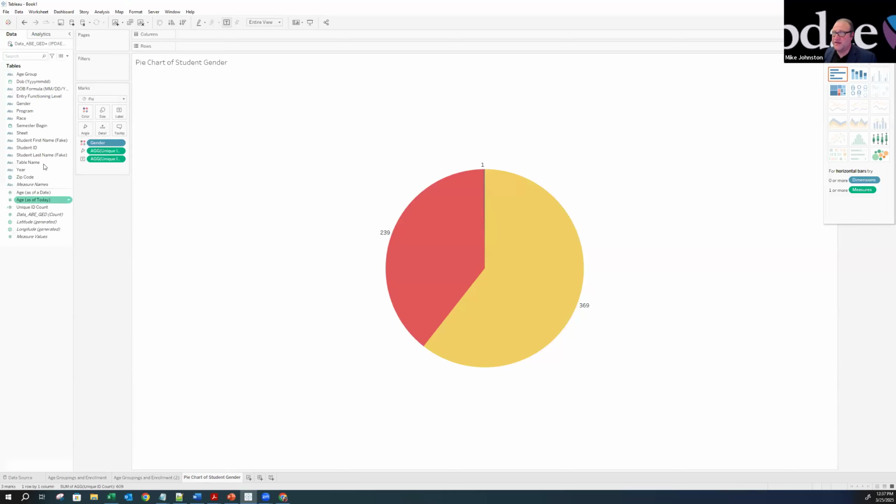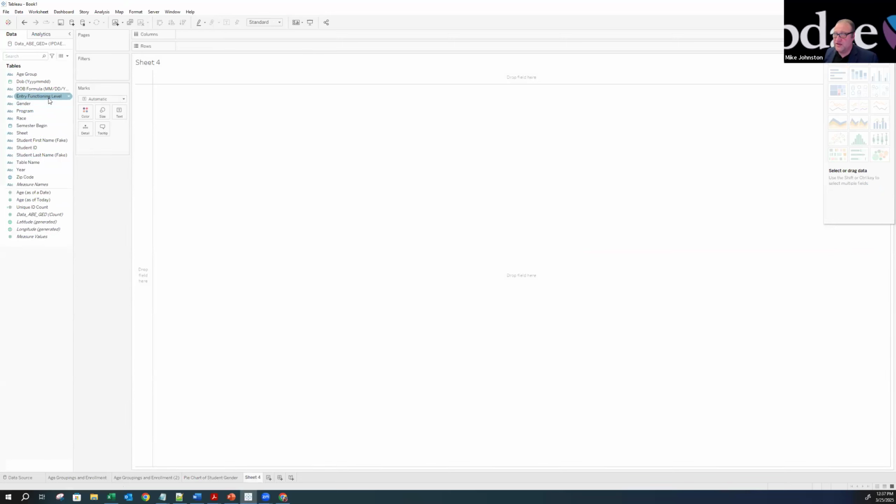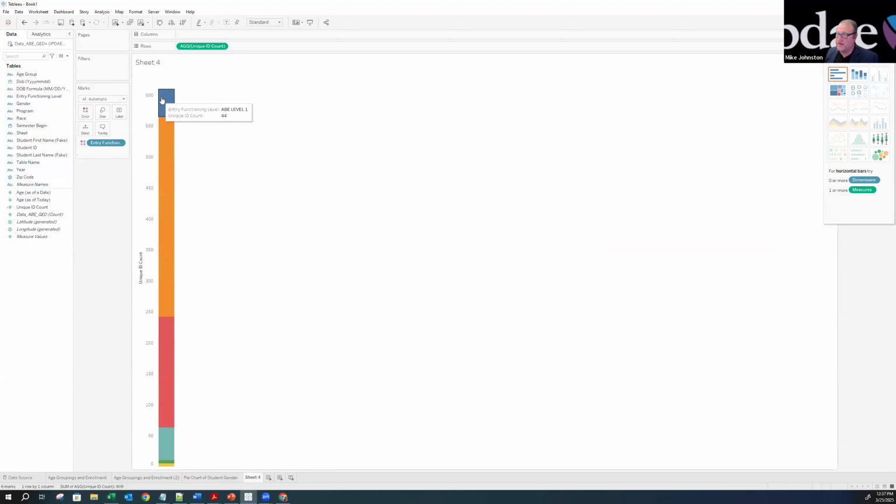And now I realize that, okay, I want to look at my EFLs. I love EFLs. EFLs are so important. So I'm going to add a new sheet, and I have my EFLs, and then I'm going to have my unique ID. And let's go ahead and code this. And I'm just going to click on one of these visuals to look at. And it gives me these breakdowns here. It's a little clustered for me. I really don't like that very much.